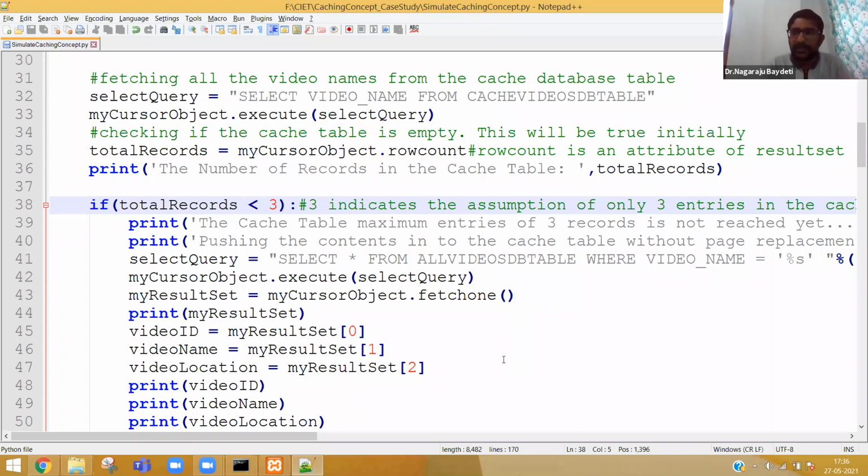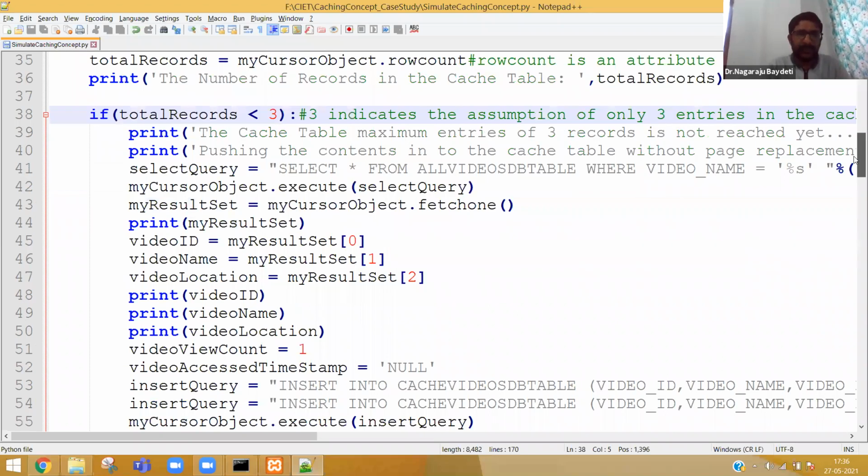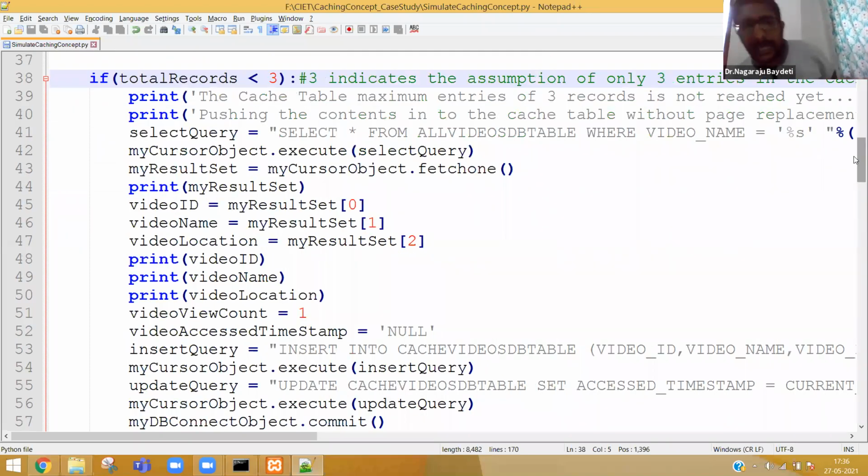Tell me if you have any doubts till here. Otherwise, I am going to execute. Now, this is case 1. There are 2 more cases. If you have any doubts, please raise them in the chat box.